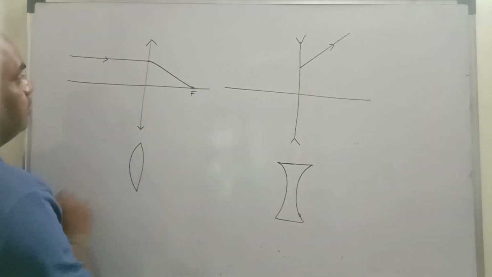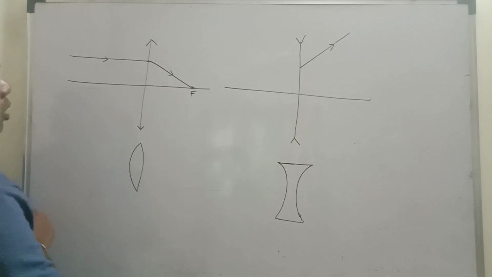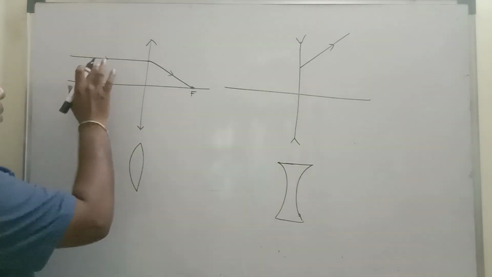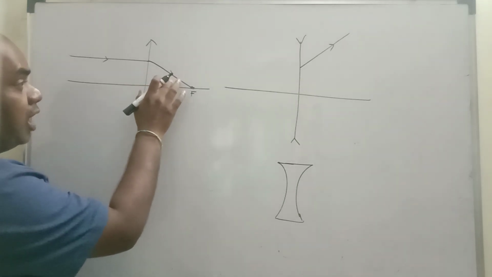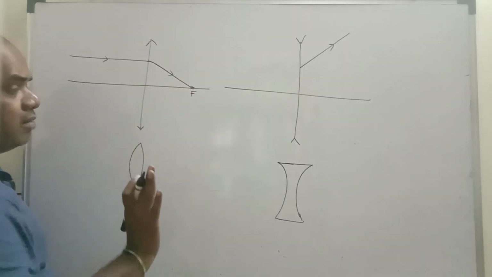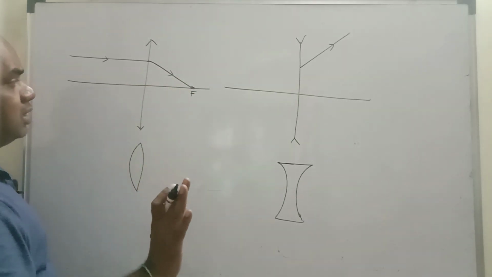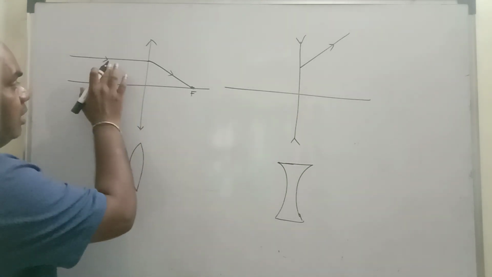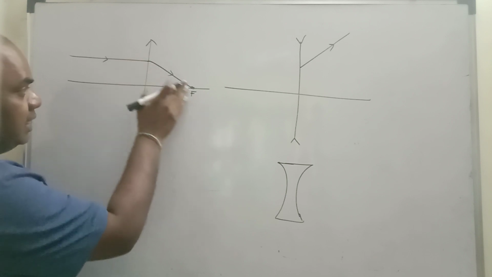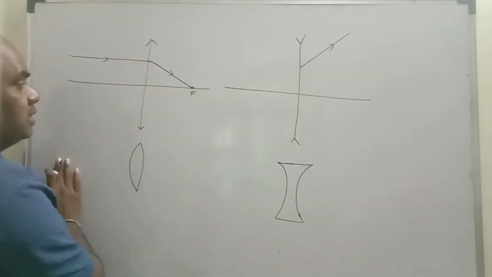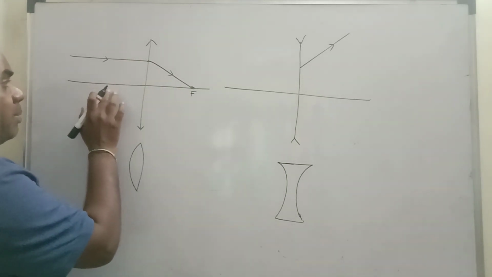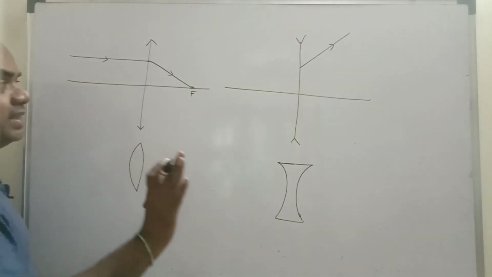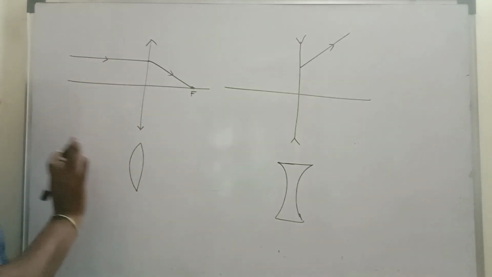This is the focus. So, where will the normal be? The normal goes from the center of curvature. A parallel incident ray after refraction converges and meets at the focus. Enough, that's all. If only a parallel ray is given, you can directly converge it and meet at the principal focus. What is meant by parallel to the principal axis? The angle between the incident ray and the principal axis will be 0. It is parallel to the principal axis. That is the meaning.